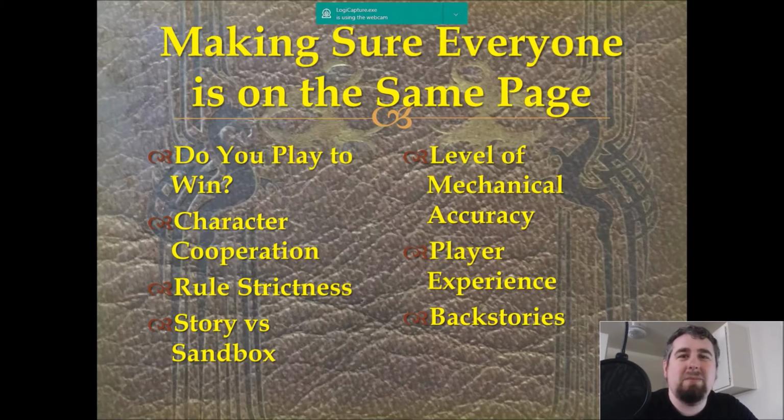Rule strictness. Some people want to strictly adhere to the rules. Others want to throw the rule book out the window and just wing it. Some people want to have a nice story that they follow. Others want to play more of a sandbox game where players just do whatever they want in the world the DM creates. So there's also the level of mechanical accuracy. Some people do like theater of the mind stuff, where you just have fun, do whatever it is. But